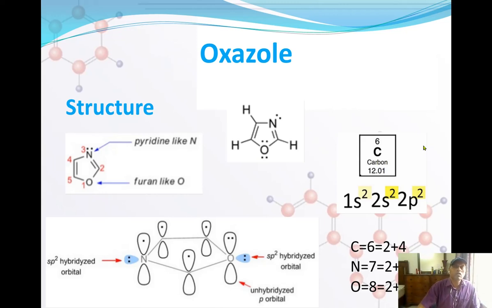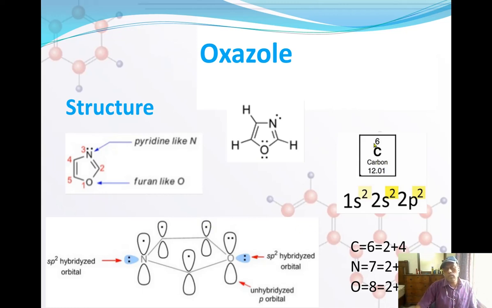but the four electrons are going to get distributed in 1s and 3 p orbitals, right? 2 of the p orbitals will be sp2 hybridized. The last p orbital is unhybridized, and there will be 1 electron in that orbital. So there are 3 carbons, so each one will have 1 electron in an unhybridized p orbital.